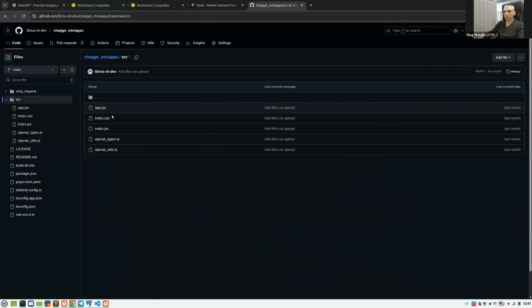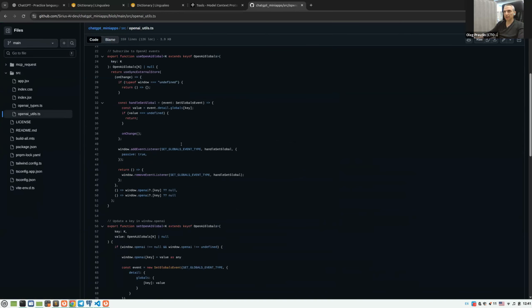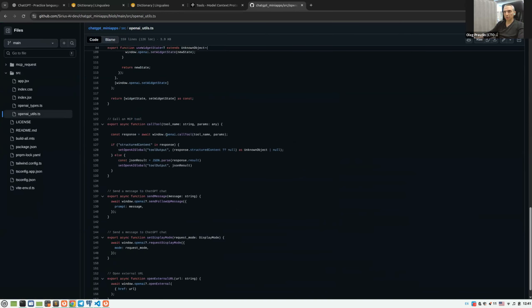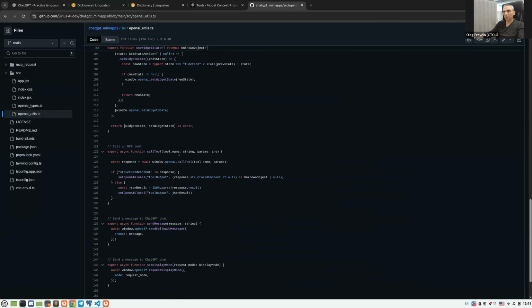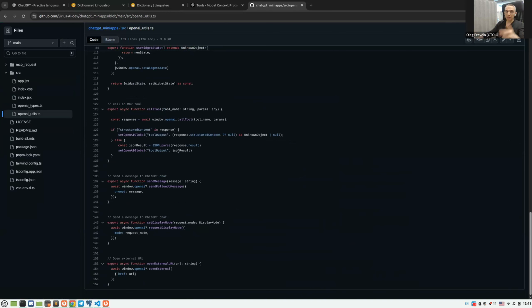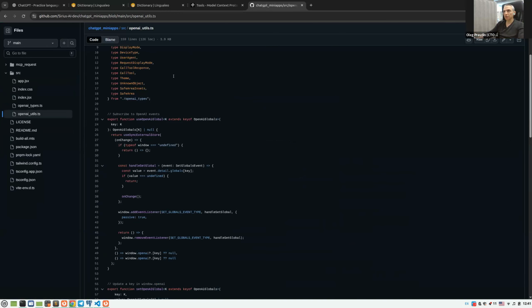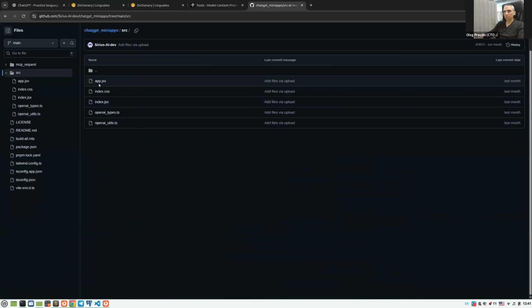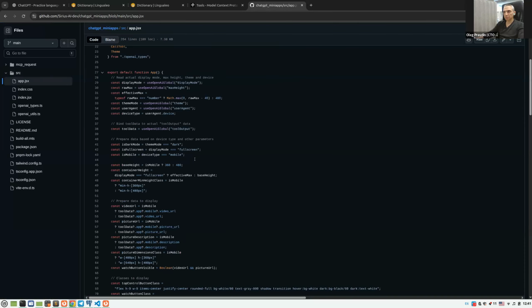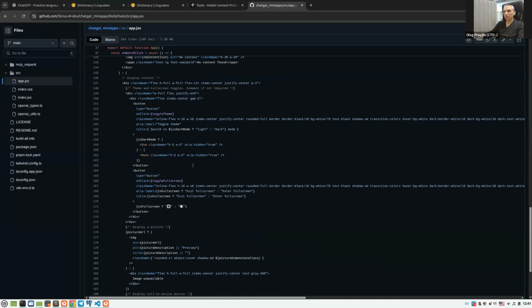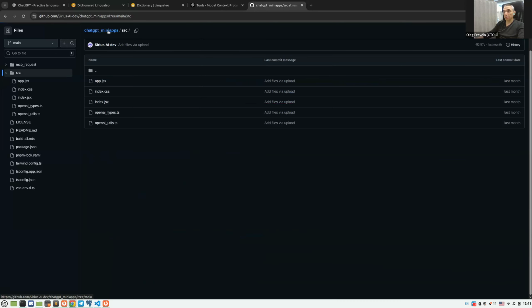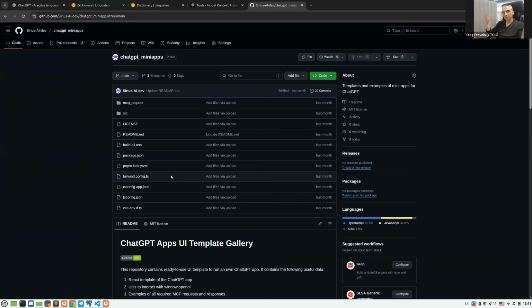Also, I publish here sources for an example of this application. Here are libraries from ChatGPT to use, how to interact with ChatGPT internal storage, and some examples. So it's how it could be used for a simple application. Okay, so I think it's a brief introduction for